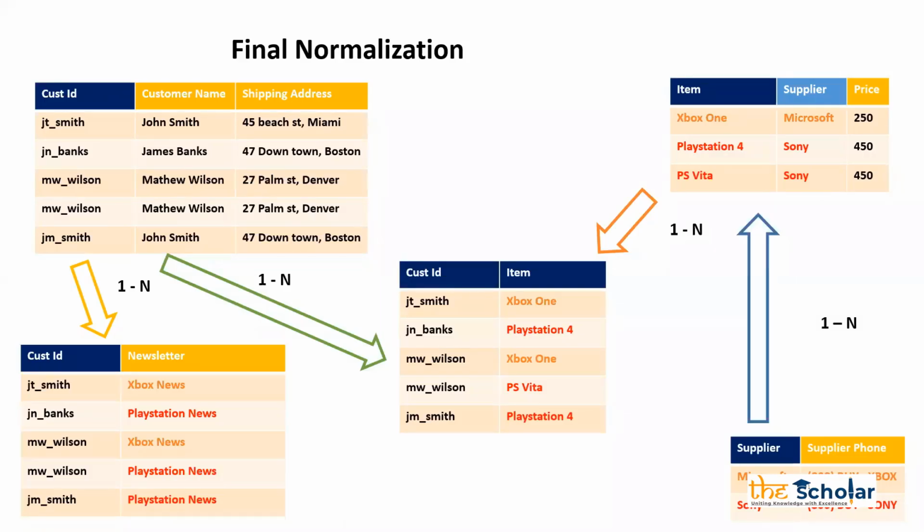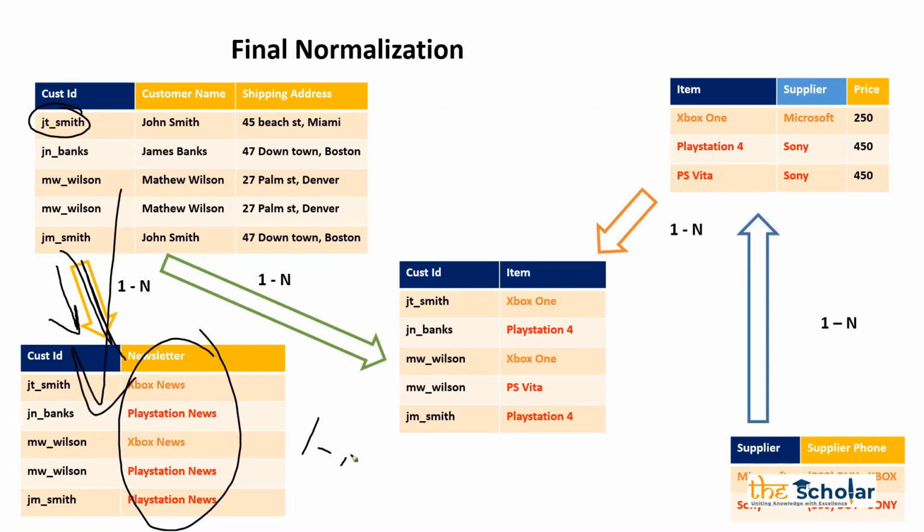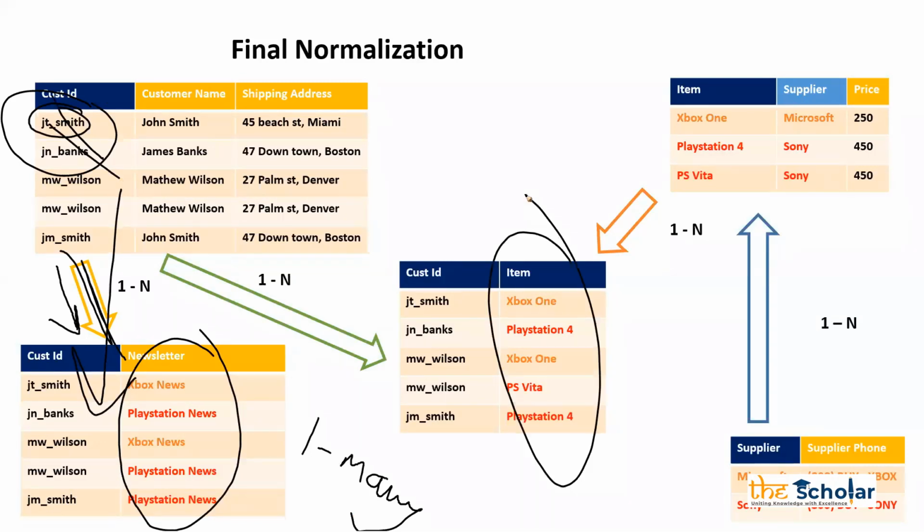Now, as this is my final normal form, I can tell the relation. You will see the entity relationships. Can I say that it is a 1 to n relation? A customer can have n number of newsletters. So this relation is 1 to n, 1 to many. Okay, so this is my 1 to many relation. In the same way here, there are chances that a single customer can purchase multiple products. Pretty much possible. That is also a 1 to many relation.